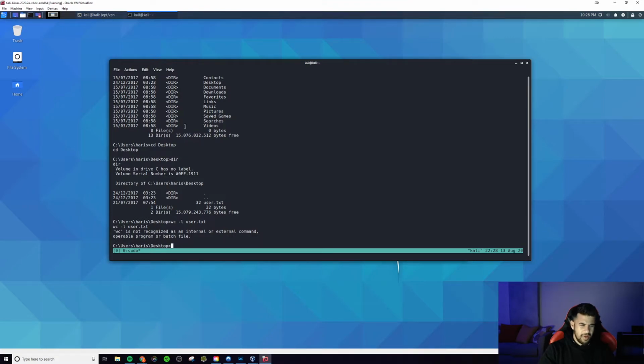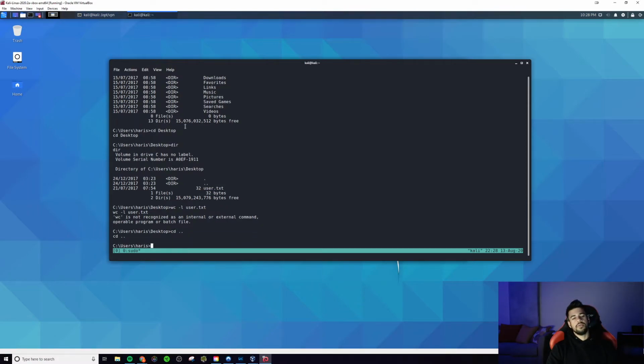And oh yeah, why am I running Linux commands? This is really weird. Okay, it's 32 characters long, I think is what that means. So yeah, you can't run Linux commands in Windows. I don't know what the heck I'm doing. But yeah, that's the user flag. So I think if we go back,